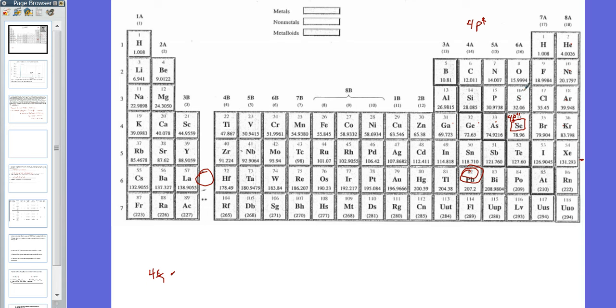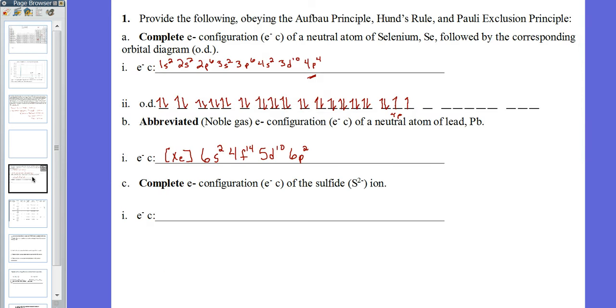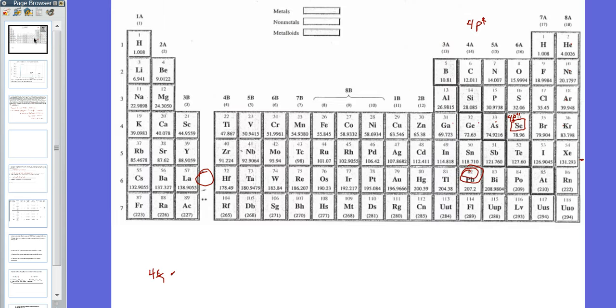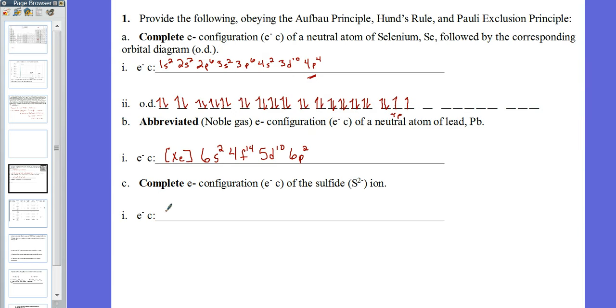It's got equal numbers of protons and electrons as an atom, but when it is the sulfide ion, it's going to have 18 electrons that you're going to draw. So it's going to look like a noble gas, but I don't want you just to draw argon as a noble gas. I want the complete configuration. So sulfide ends in 3p6. So you just have 1s2, 2s2,